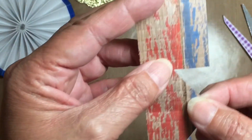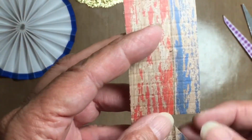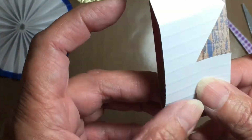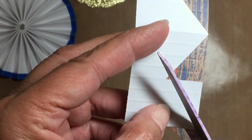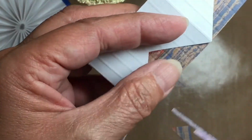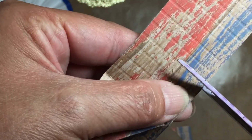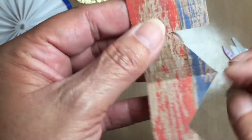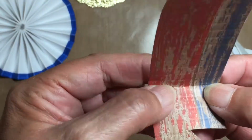1, 2. So we're going to do it 3 more times because it's a 5-point star. 1, 2, 3, 4. Fold it over. Cut. And then let me open it up and show you. And then cut there. Okay, 1, 2, 3, 4, fold,